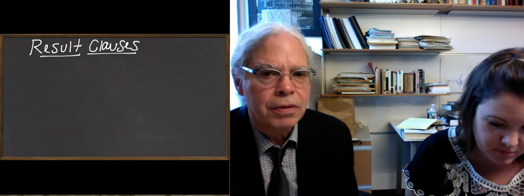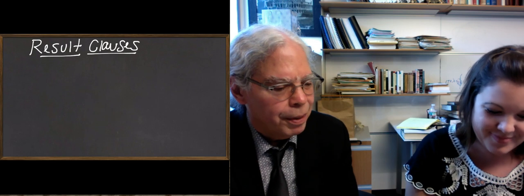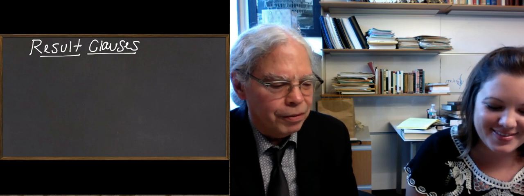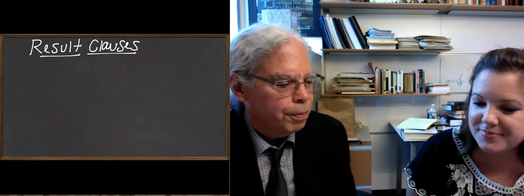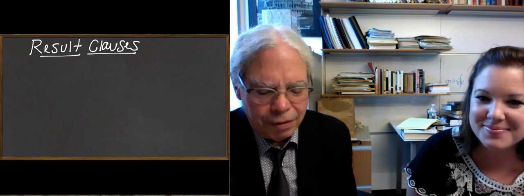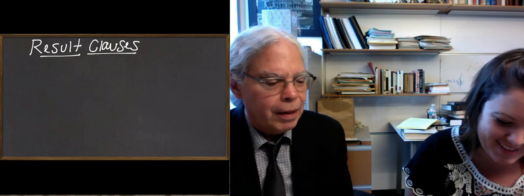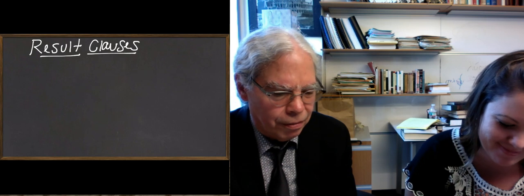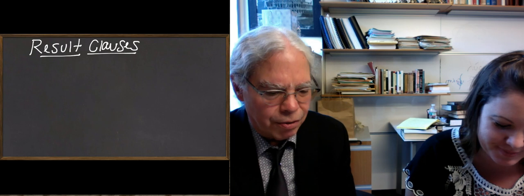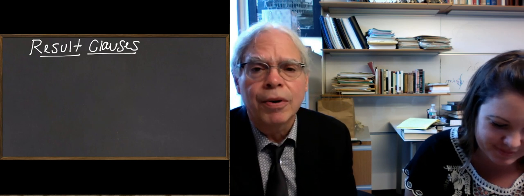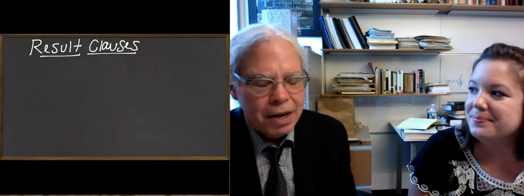And a result clause is a sentence of the type, I was so hungry that I could eat a bear. Okay? So what you're talking about in that I could eat a bear is the result of you being in a certain state. Or eat a horse. Let's do a horse. That's what's called, in Greek terms, a natural result clause, as unnatural as it sounds, because it didn't actually happen. When you say that, you're exaggerating, right?